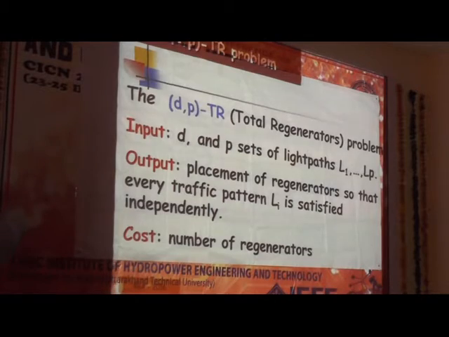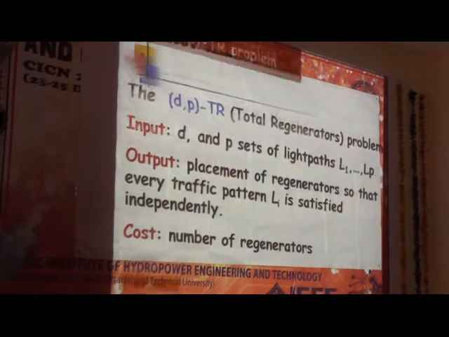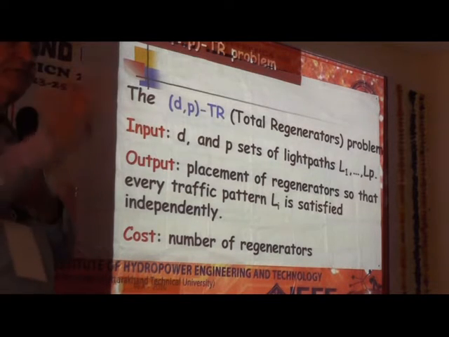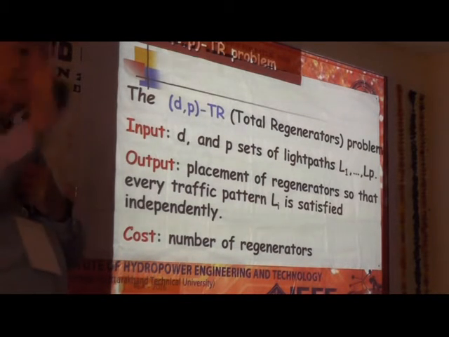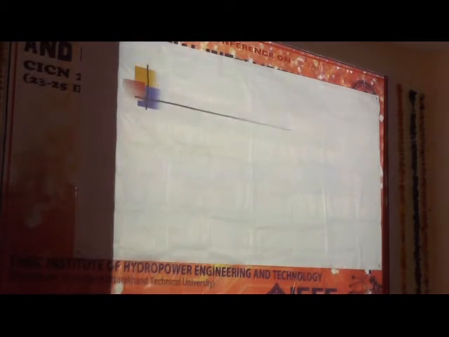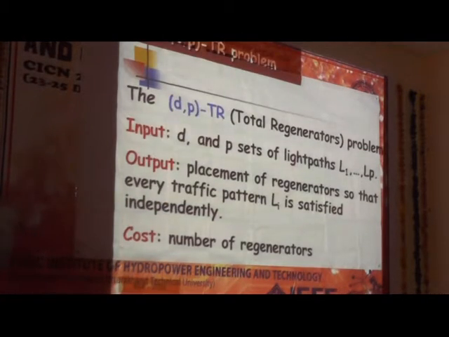And I want to place regenerators so that all the traffic in the morning, in the evening, at 1 o'clock, at 2 o'clock, in each of the P sets will be satisfied. The cost is, of course, I want to use the smallest number of generators. And what is